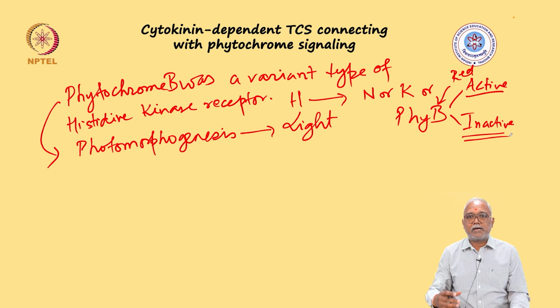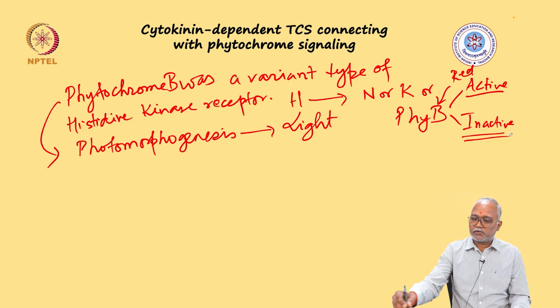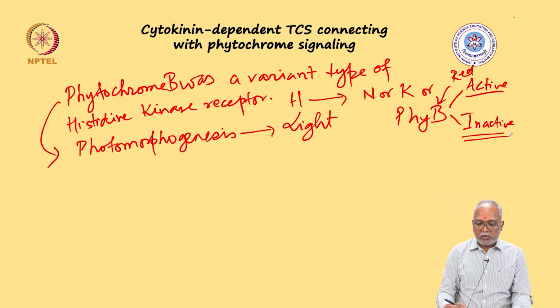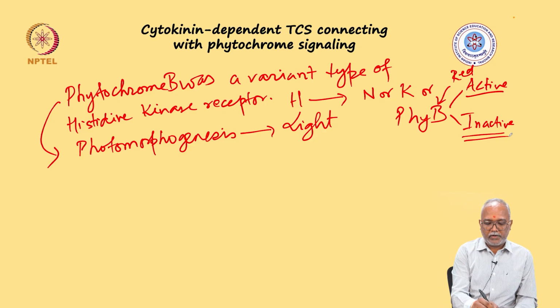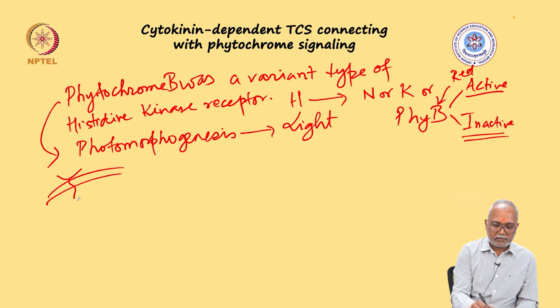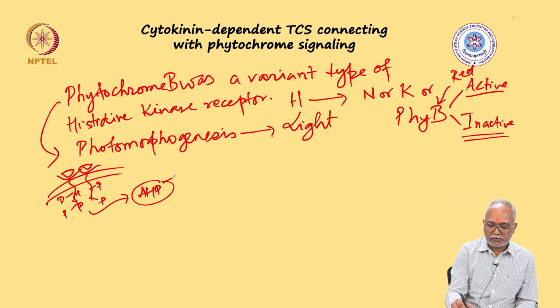We can understand that in dark there will be far red light, and that's where it will be in the inactive mode. So let's see how cytokinin dependent signaling is coupling with the phytochrome signaling. We already noticed that cytokinin receptors, upon binding to the cytokinin, will dimerize, phosphorylate on histidine residue and aspartate residue. This will allow the AHP to be phosphorylated. AHP moves into the nucleus where it transcribes